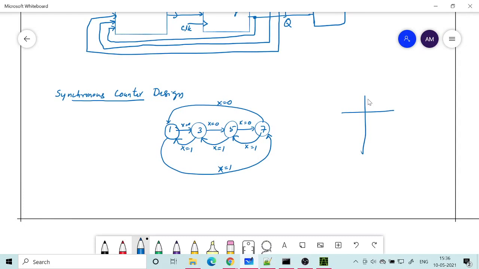Like this, if the state QA, QB is 0, 0, that is our S0, then S1, S2, S3. So I require only 2 bits of storage.